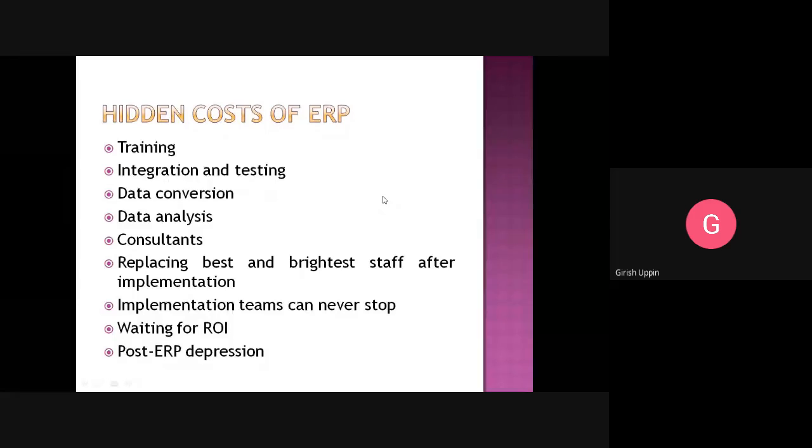There are certain hidden costs when you are talking about the implementation of the ERP for the organization. When ERP is implemented in any organization, I listed so many softwares are there. Whichever software you are going to purchase, definitely there is going to be training. You have to train the workforce, whoever is going to be the user of the ERP system. Those people need to be trained in that particular